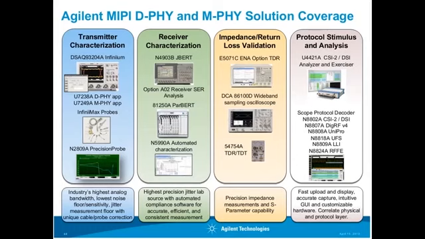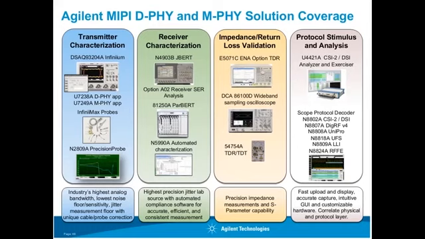So Agilent has the test solutions that provide complete coverage for MIPI validation needs. Here is just a slide showing what we offer. For the physical layer testing, we have tools for transmitter, receiver, and impedance/return loss validation. Under the transmitter test, Agilent has the scopes, the electrical applications for D-PHY and M-PHY, the probing solution for probing the signals, as well as the precision probe for correcting the loss and skew on the